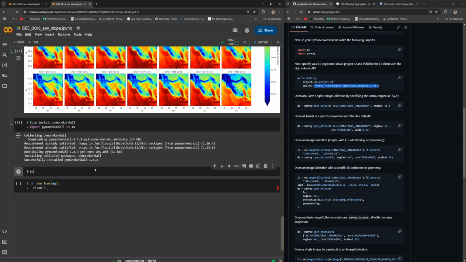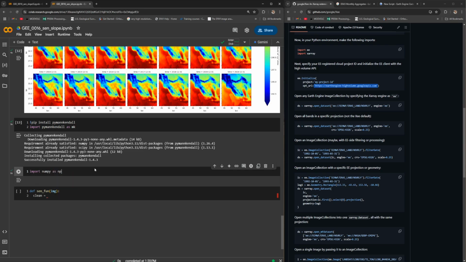So now import NumPy as np. For example, maybe there is not an appropriate function for the raster layer to skip the nan values, but thanks to the multidimensional structure and the XEE library, you can see that I can use the other libraries' potential to solve my issue. So clean equals to, so the input image now